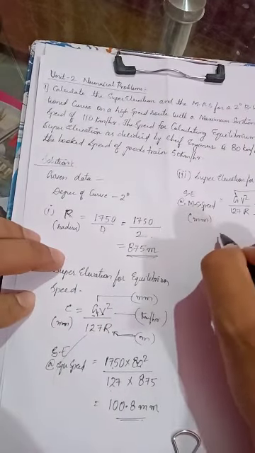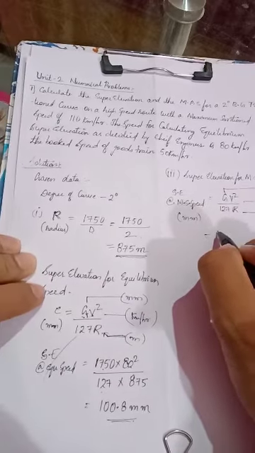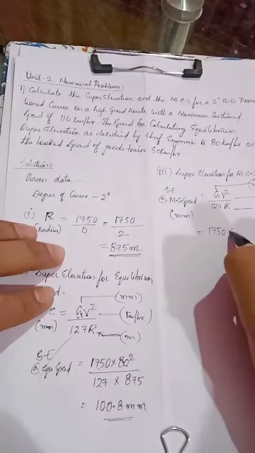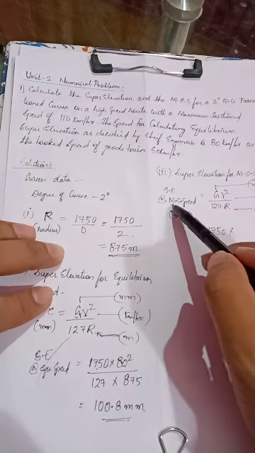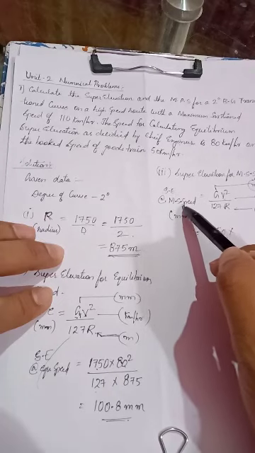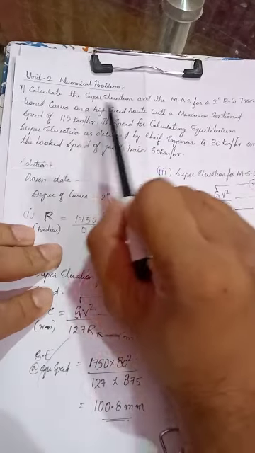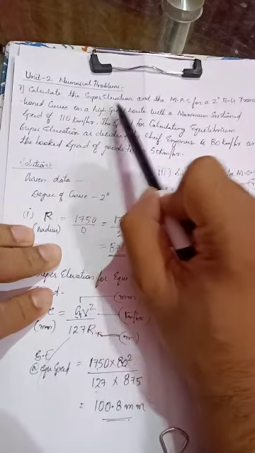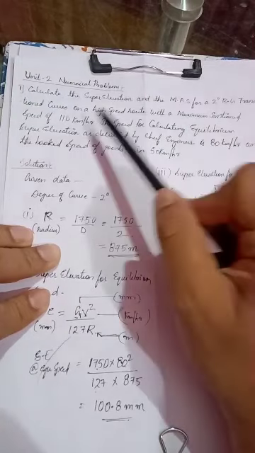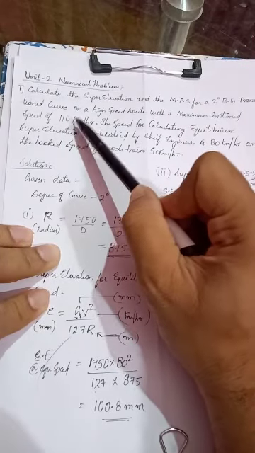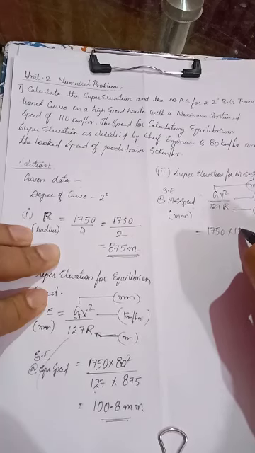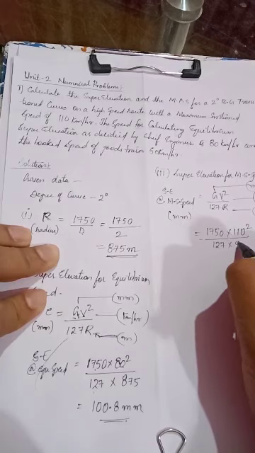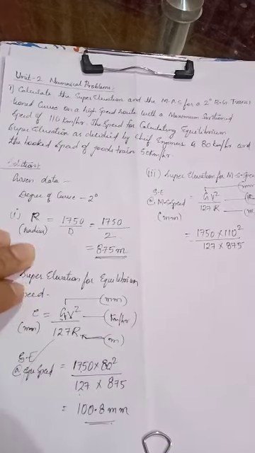So now let us substitute. G is nothing but, as I have said already, 1750. G is nothing but dynamic gauge. Now V, we are calculating this super elevation at maximum sanction speed. Look at over here, 2-degree broad gauge transition curve on a high speed road with a maximum sanction speed of 110 km per hour. So this speed we need to consider now. 110 square by 127 into 875. That is nothing but radius.